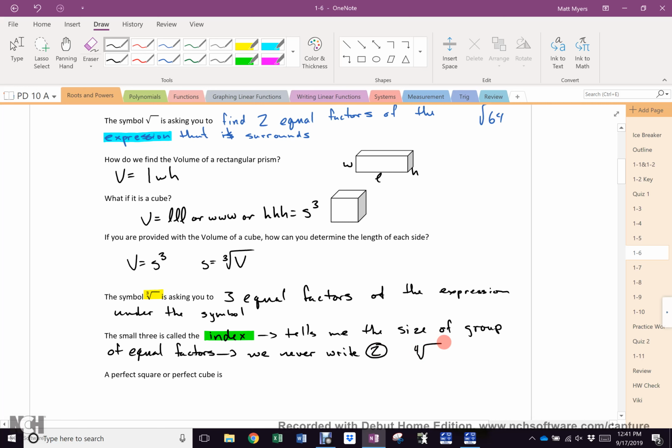So if I have a 4, there's going to be 4 equal factors. If I have a 5, there's going to be 5. If I have a 6, it's going to be 6. Everybody cool? All right. Now,